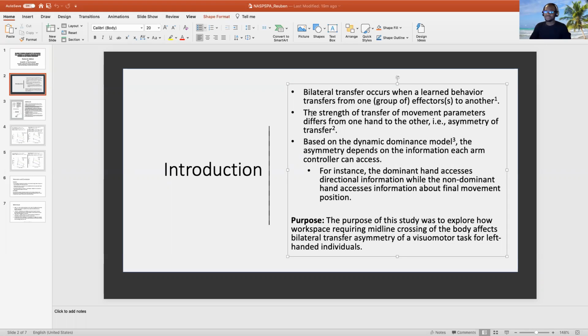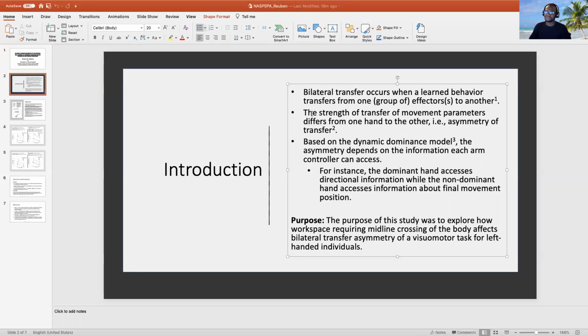One model that seeks to explain the underlying mechanism regarding this observation is the dynamic dominance model. According to this model, asymmetry depends on the information each arm controller can have access to. More specifically, it's been well documented that the dominant hand accesses directional information, while the non-dominant hand accesses information about